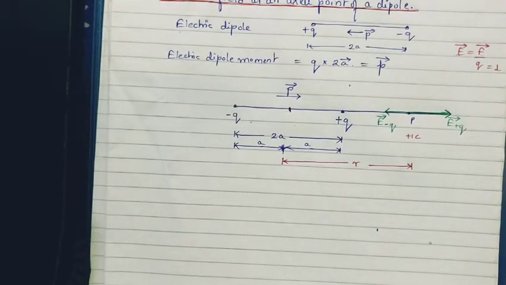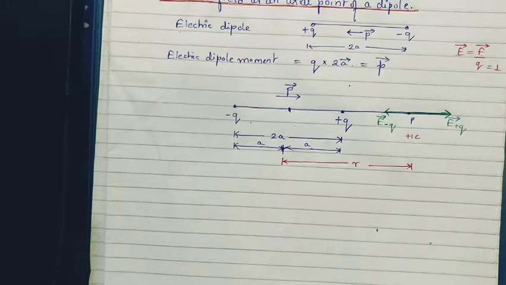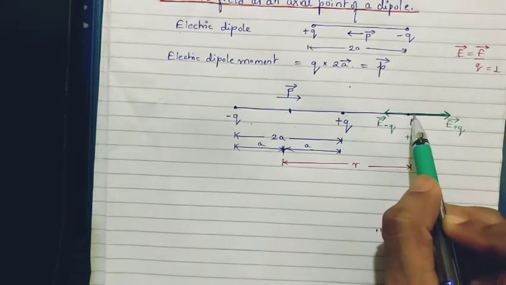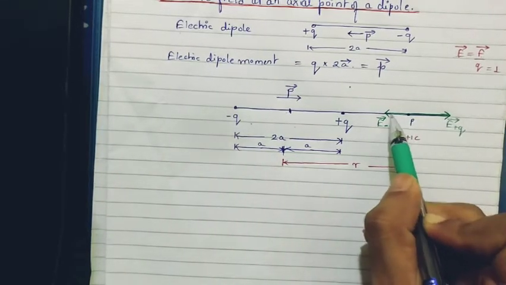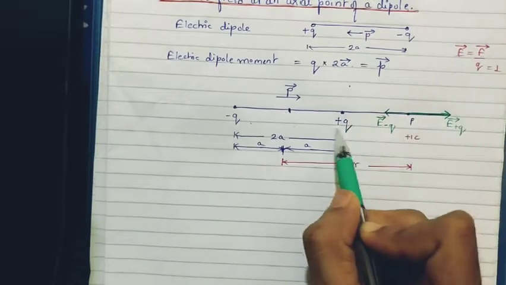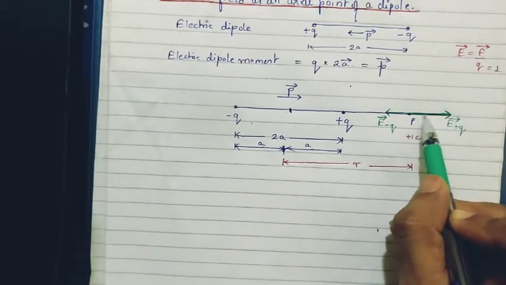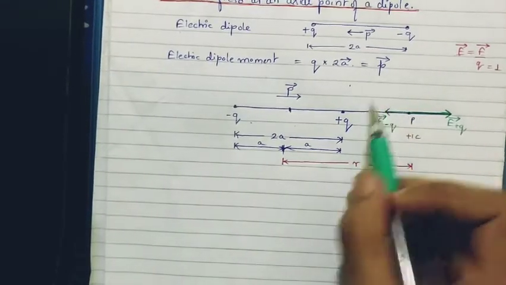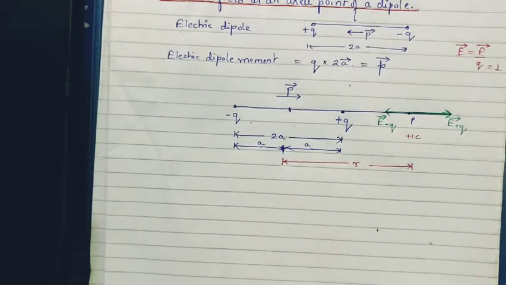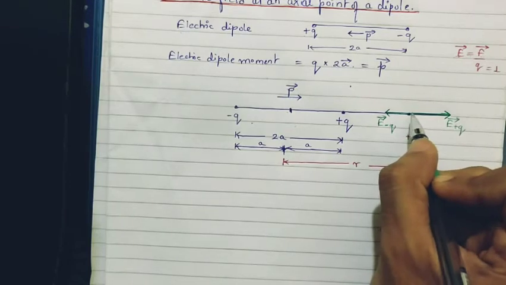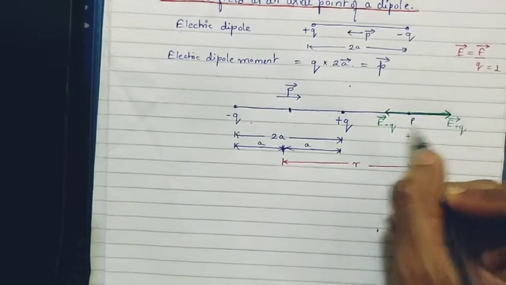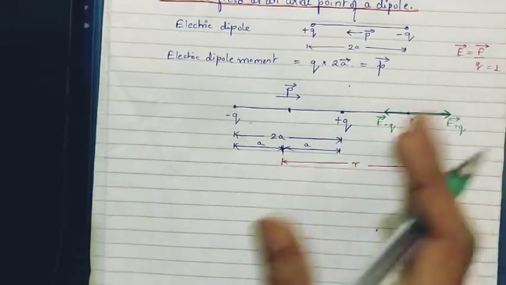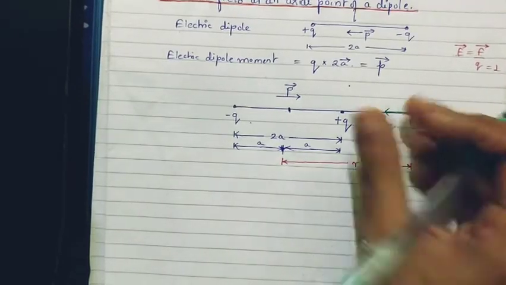Okay, so if you notice over here in vectors, the length of the arrows which we draw represents the magnitude. Correct? So basically, if you see here, I have drawn this arrow bigger as compared to this. Why so? Because the electric field due to plus Q will be greater. This will be higher than the electric field due to minus Q. That is why I have drawn this bigger, this smaller. Okay, so the net electric field will be what minus what? So the net electric field at this point is obviously E due to plus Q minus E due to minus Q. Because this is bigger, this is smaller, and they are opposite in direction. So this one minus this one. This is all vectors, correct?